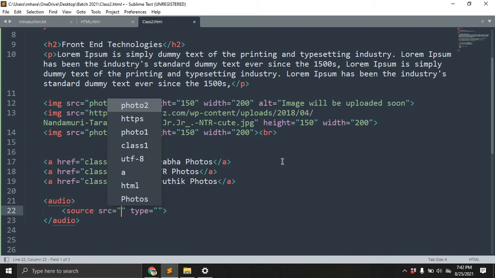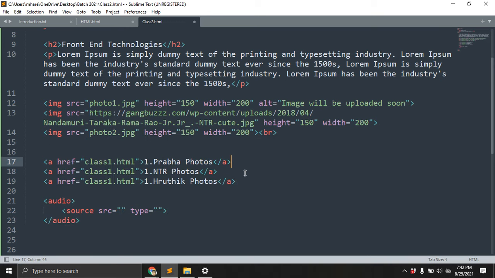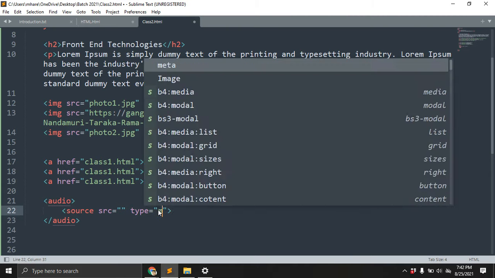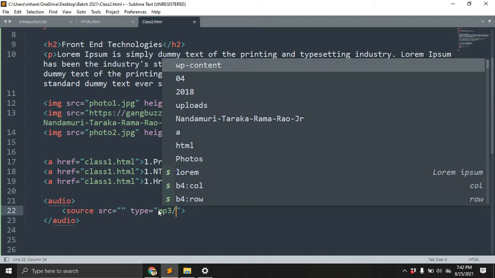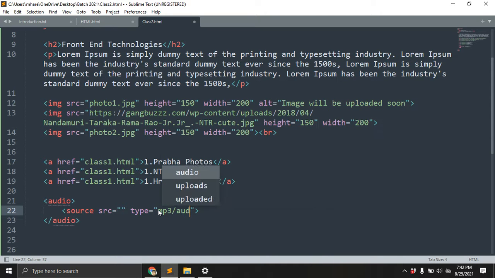You can see this is the structure of the audio tag. Here we need to give the audio tag. Here it is mp3 audio, right?